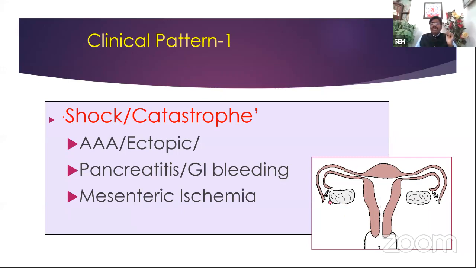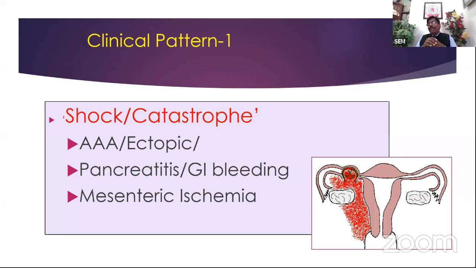First pattern, okay? See here, what you see here, a shock. When I say shock, I mean a patient presenting to the emergency department with severe acute abdominal pain with hemodynamic instability. What do you mean by hemodynamic instability? They have hypotension, tachycardia. It may be because of hemorrhagic shock, bleeding inside, internal bleeding, like what you see in this picture, ruptured ectopic, or a ruptured abdominal aortic aneurysm, or GI bleeding like peptic ulcer bleeding, or it could be a